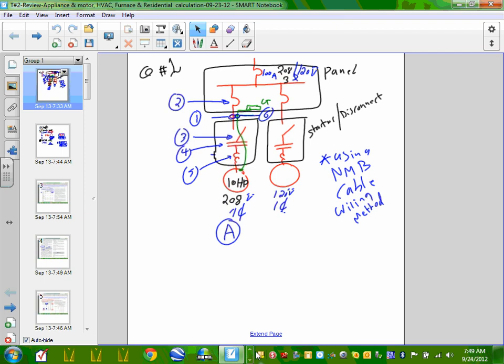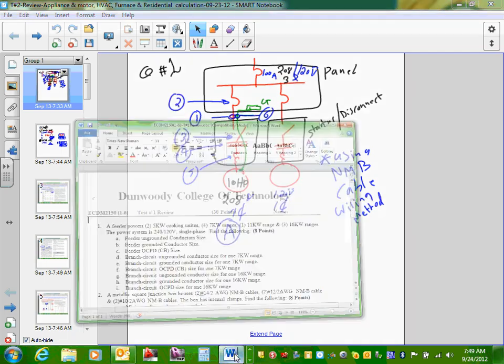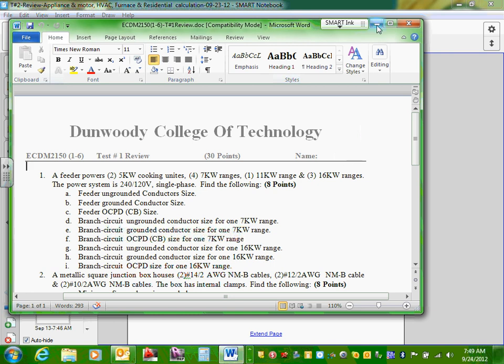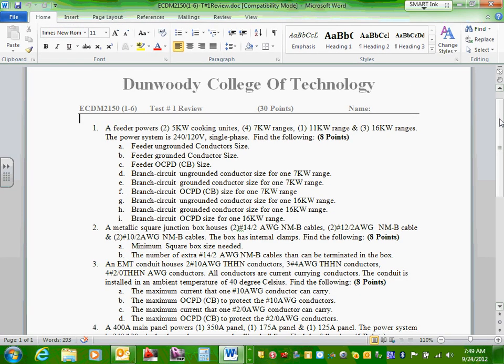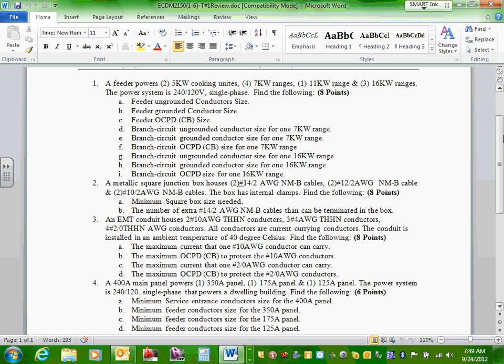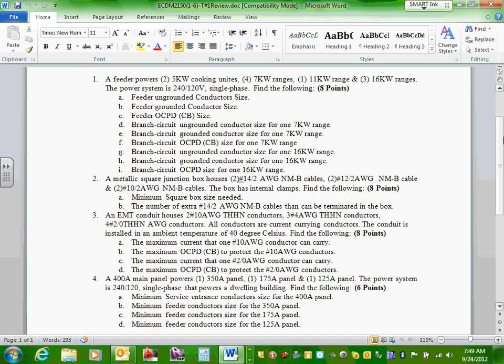Go ahead, guys, and start our review. Before I review, I want to make sure that you are looking at what your test is going to look like. This is what your test is going to be, the calc test. How many questions? It's four. 1, 2, 3, 4 questions only. Question number 1 is going to be related to